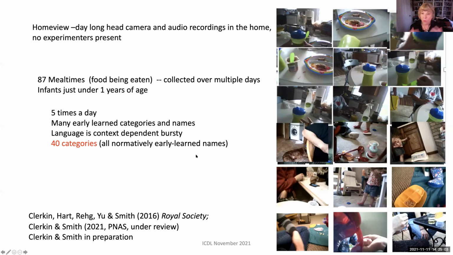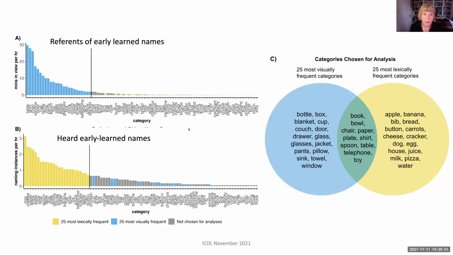So what we want to know is what are the statistics for early word learning in the natural environment of these babies? And we chose the mealtime context, and we look at 40 categories, all of which are normatively early learned names. So how do we do this? Okay. So from these 87 mealtimes,